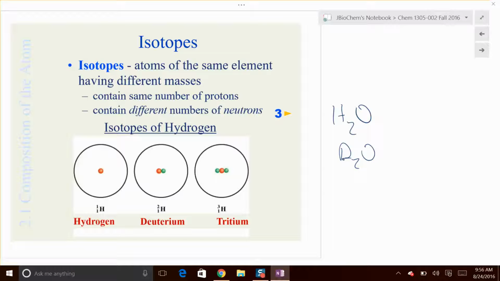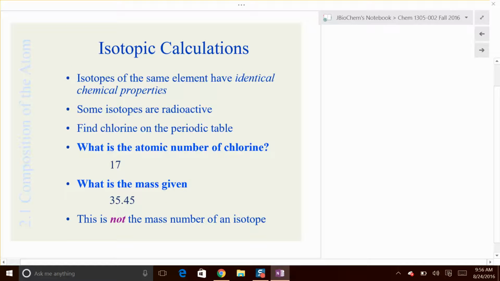But these are what we call isotopes. Isotopes are the same element, but different masses. They have a different mass because of the number of neutrons that are associated with the isotope, which makes the nucleus unstable. So by adding those neutrons, the nucleus becomes unstable and can decay and become radioactive. Okay, so